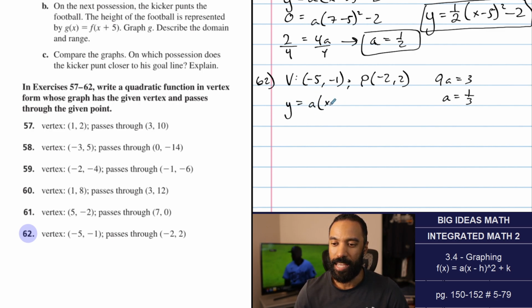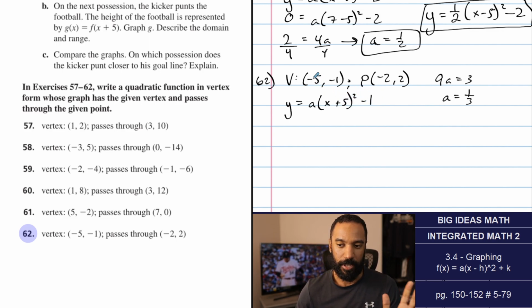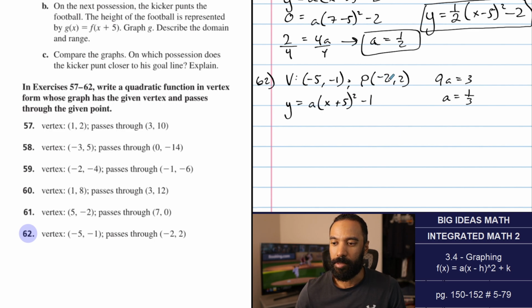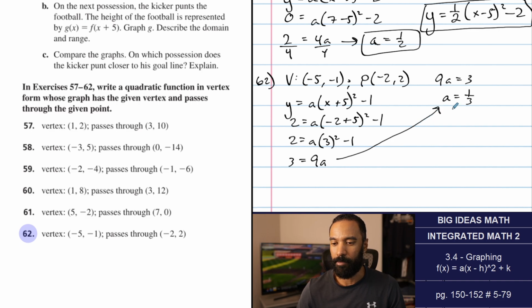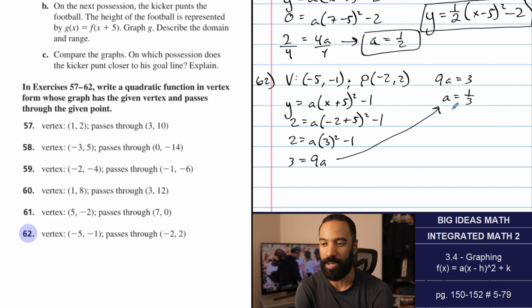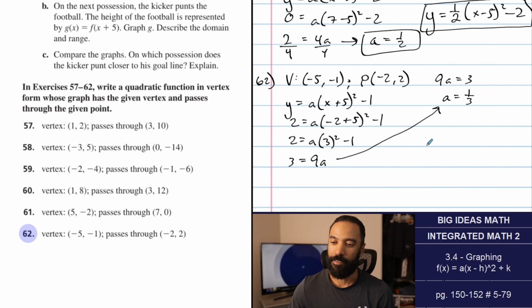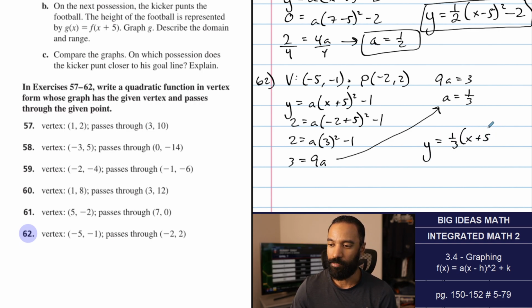Y equals A times x minus h quantity squared plus k. And again, I'm saying them out loud based on how you do minus a negative. Let's substitute negative 2 for x and 2 for y. 2 is A times negative 2 plus 5 squared minus 1. That's 3 squared, and 3 squared is 9. If I add 1 over, I get 3. And you can see we get to the same concept as before. 3 is 9A. Divide both sides by 9. You get 1/3. So your final answer is going to be y equals 1/3 times x plus 5 quantity squared